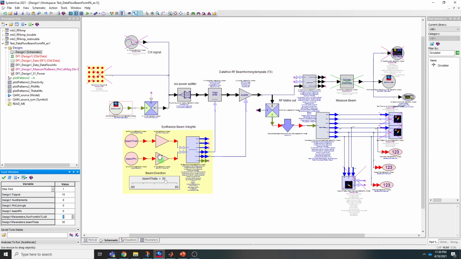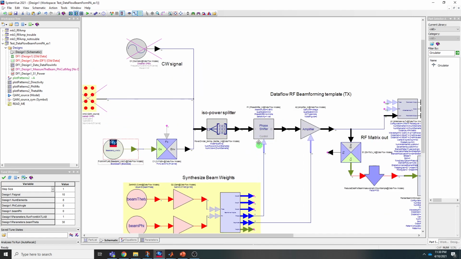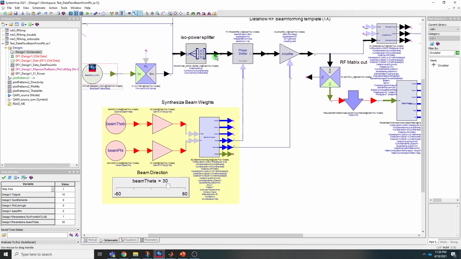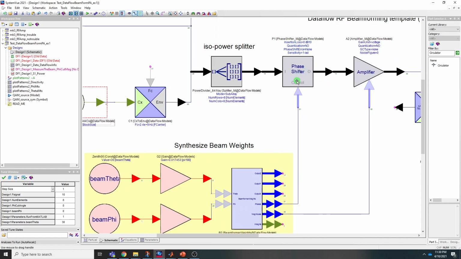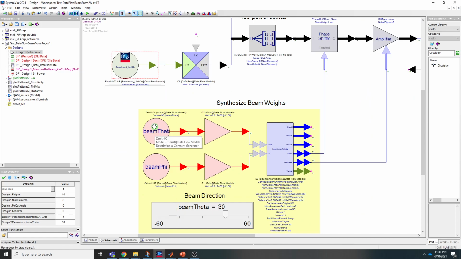So let's look at the rest of the design, just make sure we understand what's going on. You're going to generate the 16 QAM signal from Matlab. You're going to do the beamforming. So you're going to go through a splitter, in this case an 8x8 splitter. You're going to do phase shifting and tapering amplification that's controlled by beam theta, beam phi, and the beamformer weights